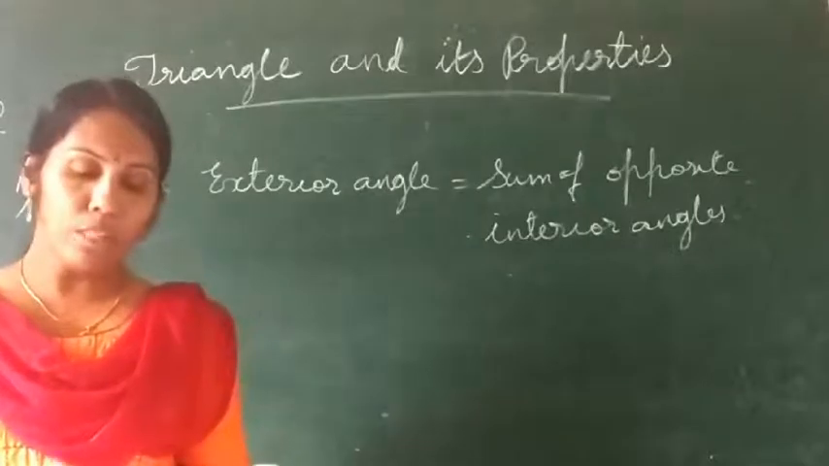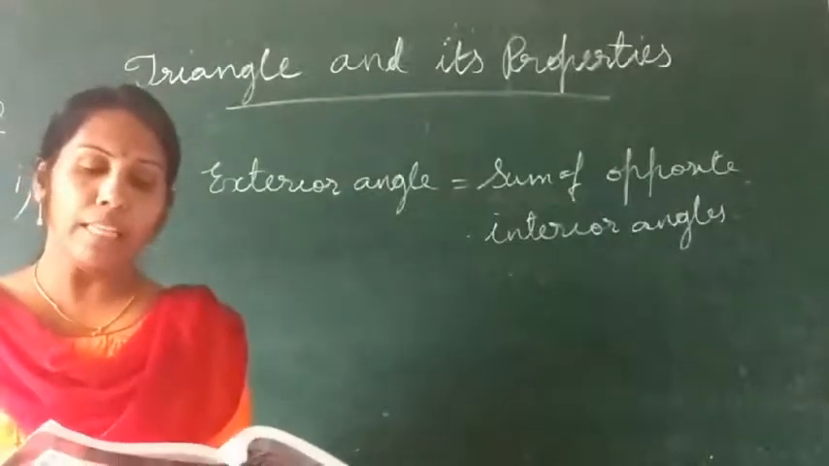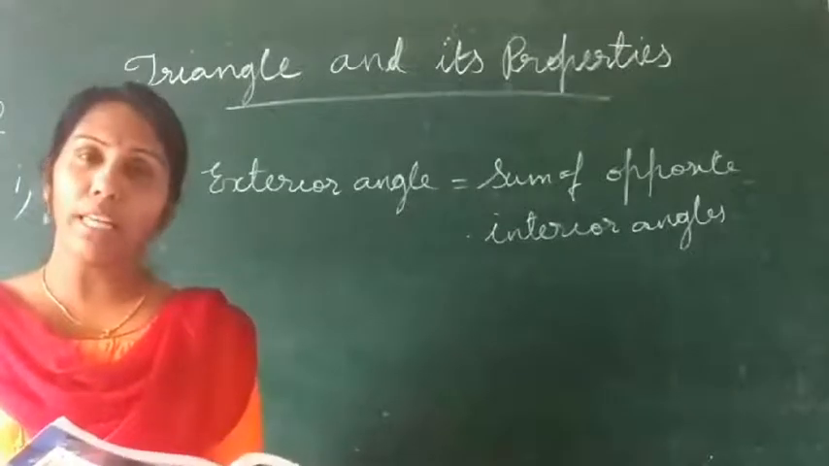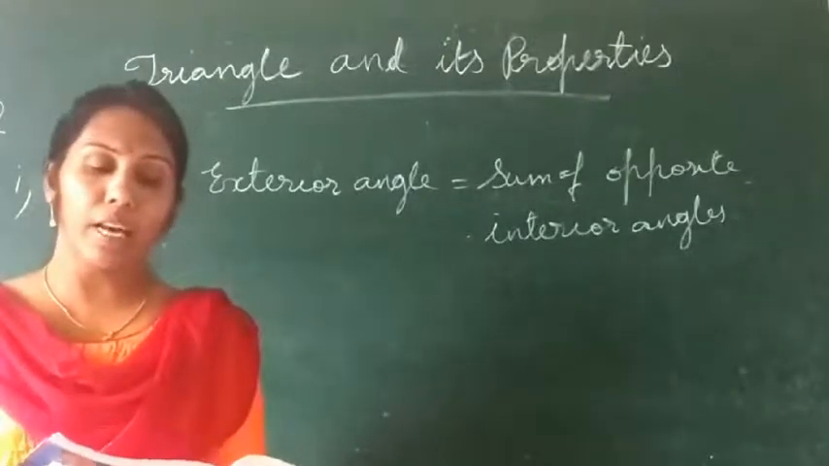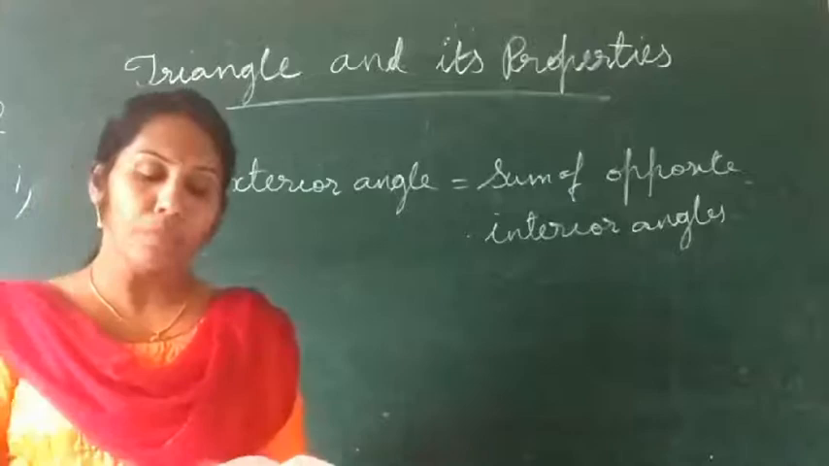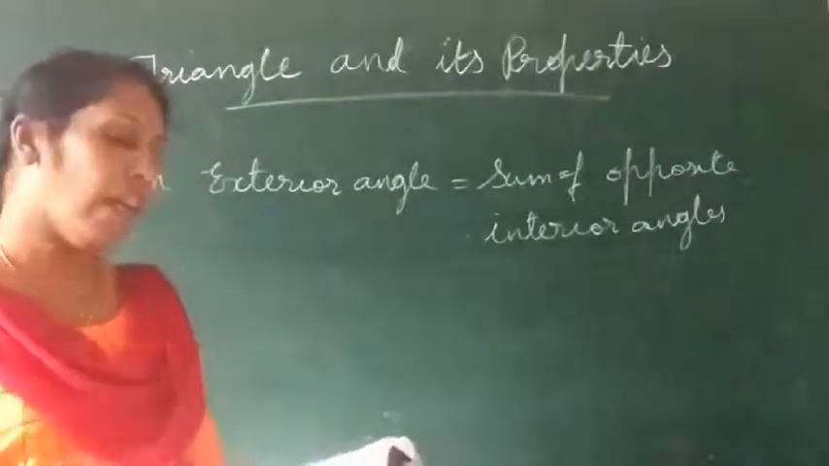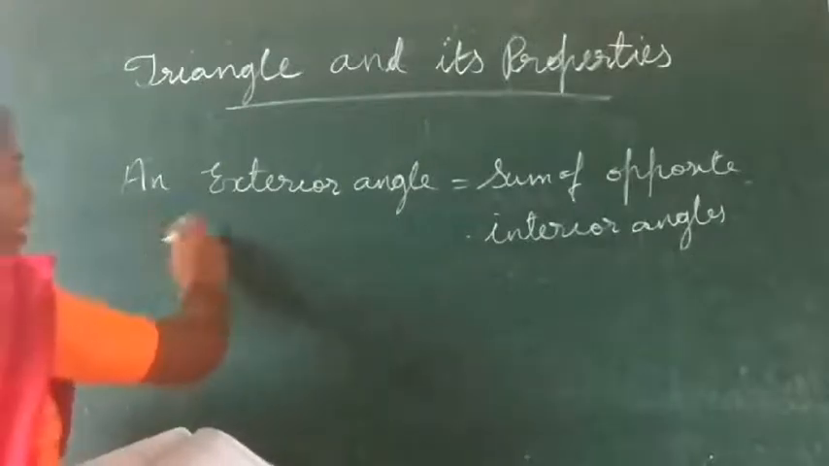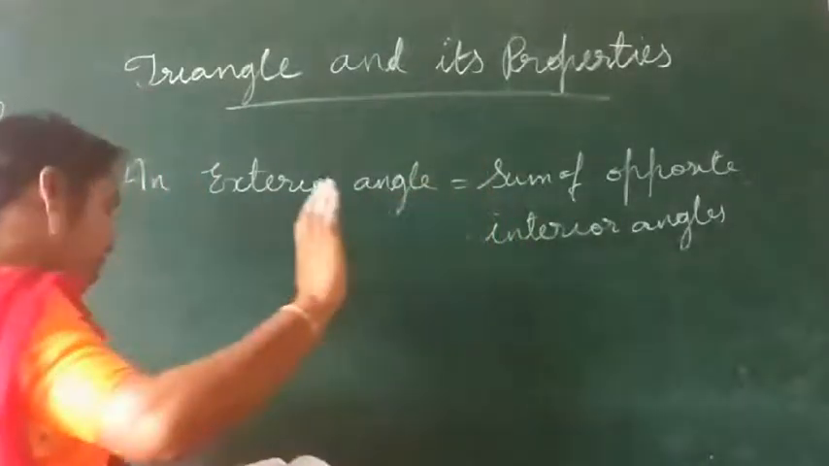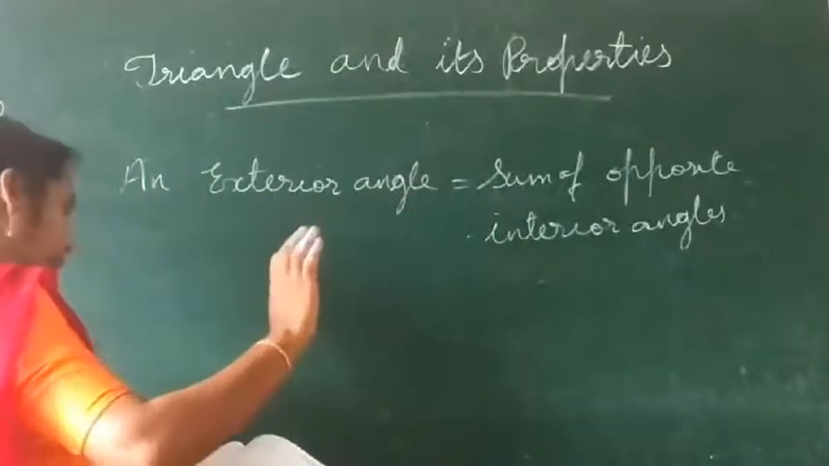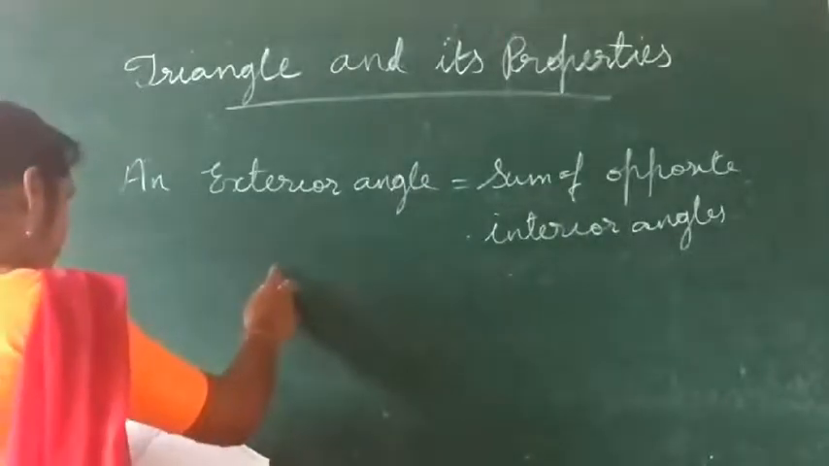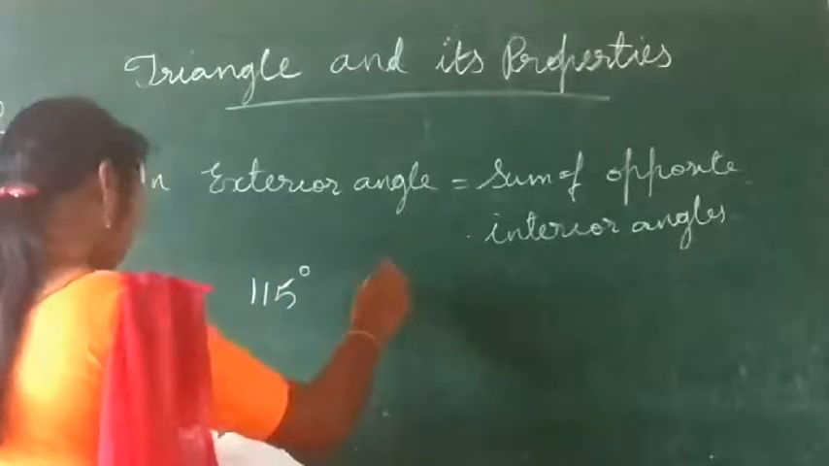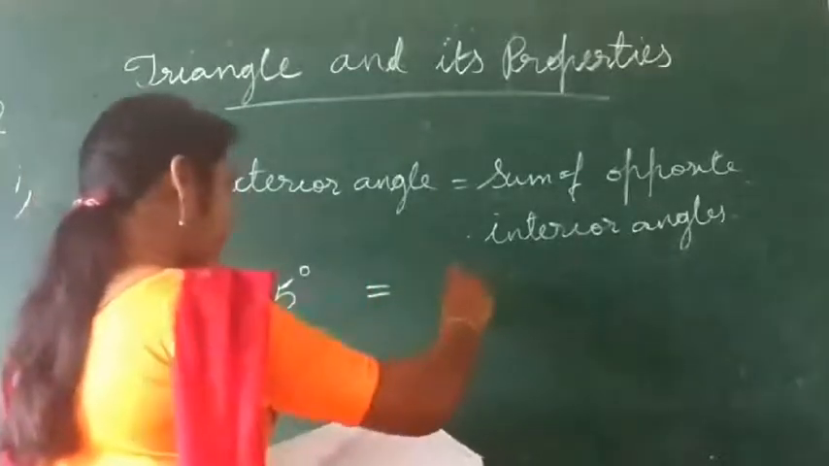Now, question number 2, first one. In this question, one of the interior angles is the unknown angle, and one exterior angle and one interior angle are given. From this, we have to find the unknown interior angle. Here also we use the same property: an exterior angle is equal to the sum of the opposite interior angles, and the exterior angle given is 150 degrees, which is equal to the sum of the opposite interior angles, that is x